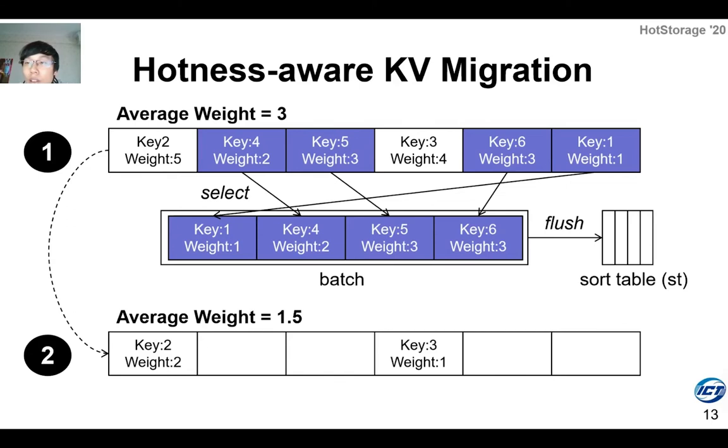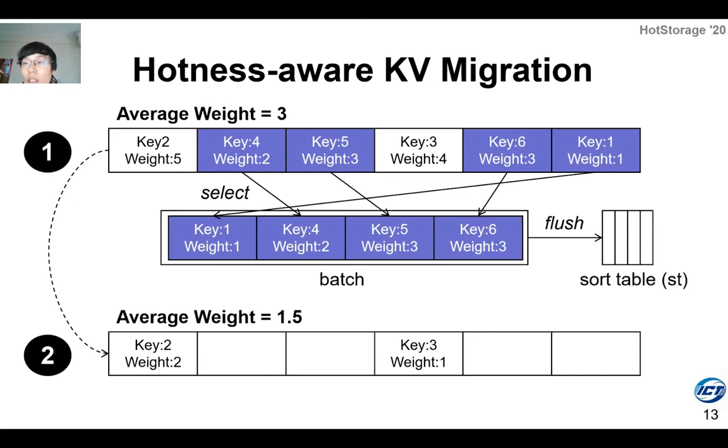Thus, SplitKV adopts a hotness-aware key value migration and figures out key value items that are less frequently accessed for migration. In doing so, smaller key value items written to SSD are usually rarely accessed, which reduces the read-write